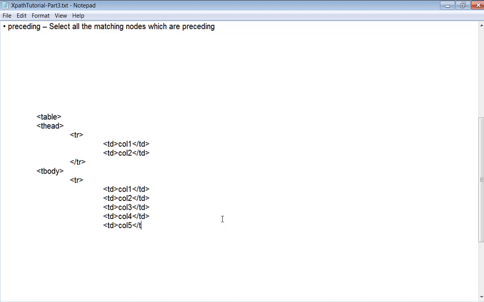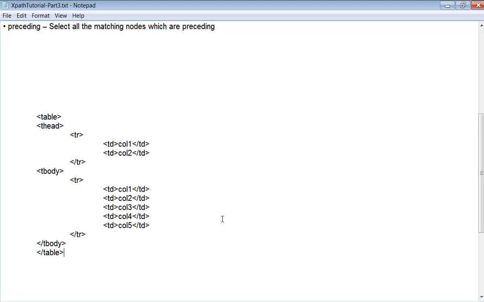Table row, then table body, then the table. So this is the HTML structure of the dynamic table displayed in Rediff.com, especially the live stock market data. It will be updated on a daily basis.